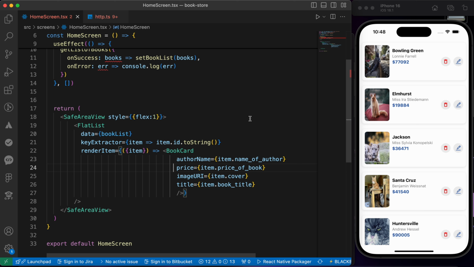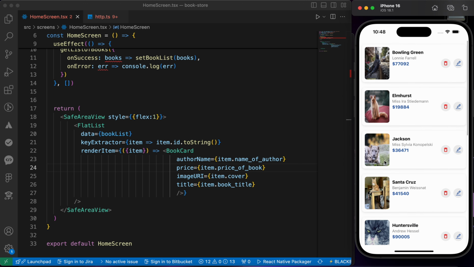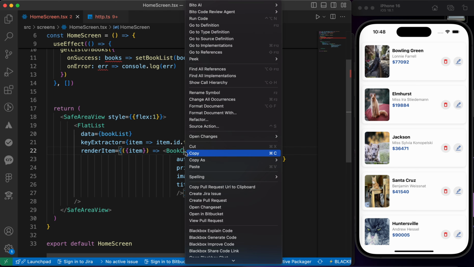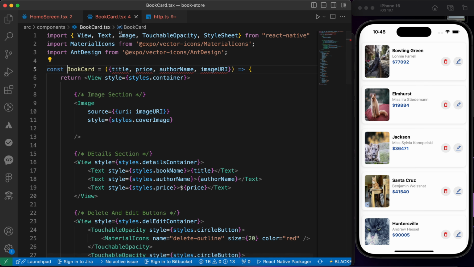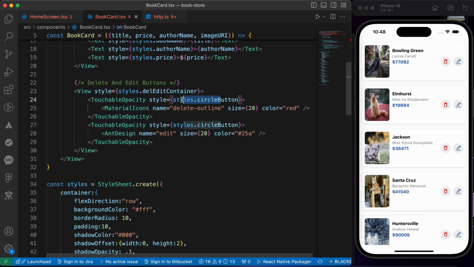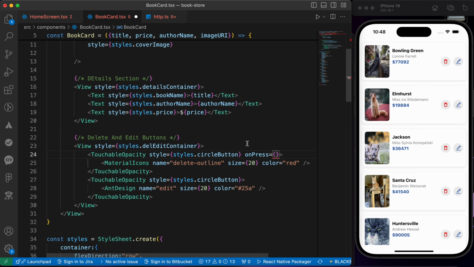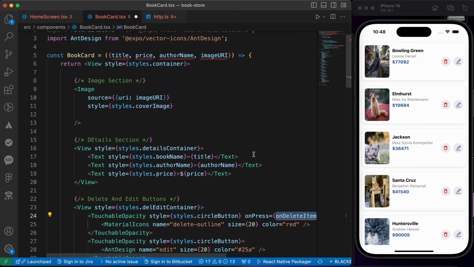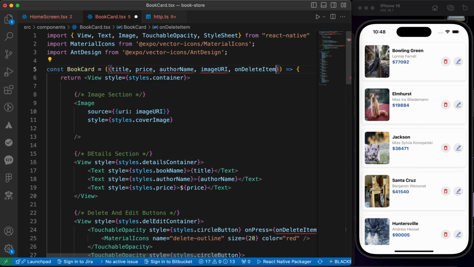In this lesson, we're gonna learn how to delete an item from our list. Okay, first, let's press on this delete button and we're gonna notice nothing happens, because if we open our book card component, we're gonna notice down here we didn't add any handlers for this touchable opacity that's responsible for deleting a book. So let's add an onPress property and let's add a prop called onDeleteItem, for example,